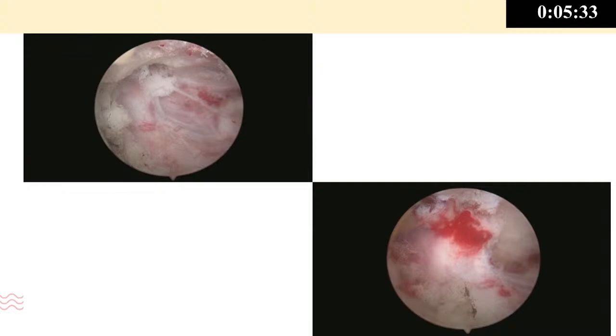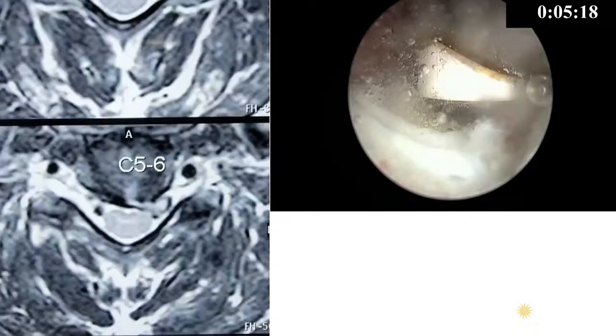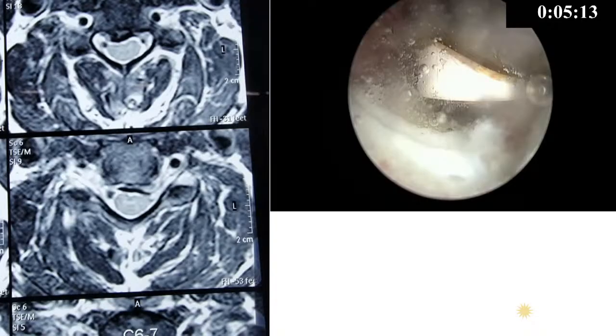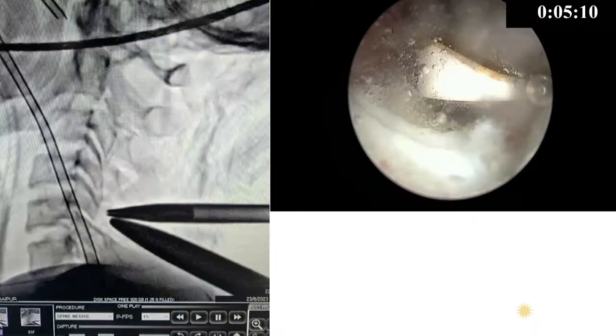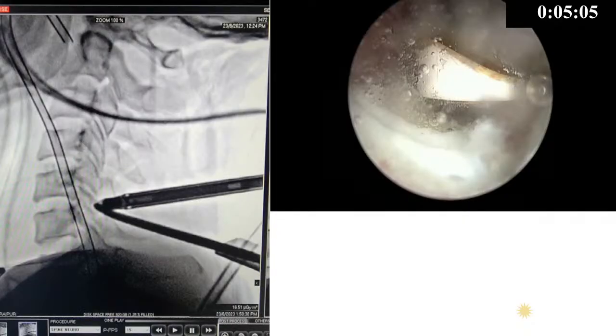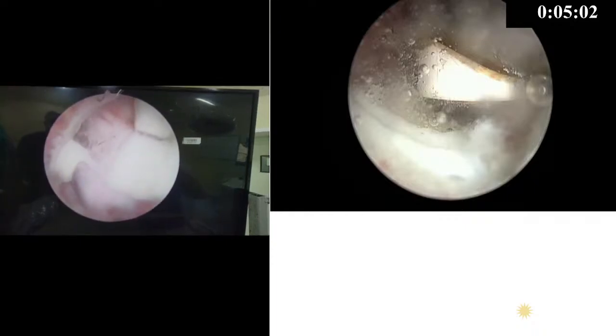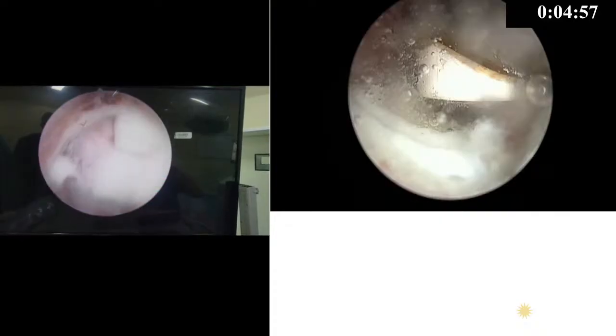Now this is the patient. There is a large herniation over here. This was an extrusion at C5, C6, and this was a photograph taken just after the removal. And this patient had a pre-existing weakness of shoulder abduction, which gradually improved 3 months after the surgery. Immediately post the surgery, even I was scared. The patient was like, "Sir, I have no improvement." I was like, "Wait, give it some time." With physiotherapy, he improved.